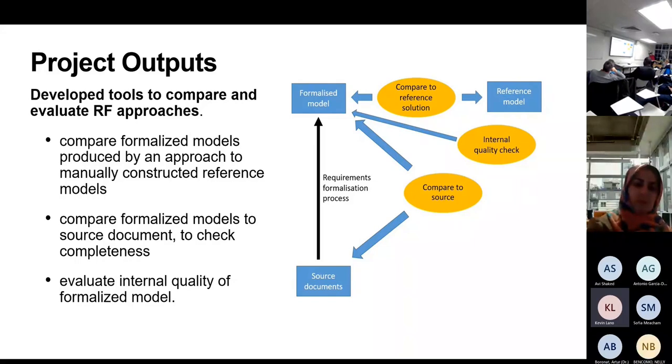Then you could also do an internal quality check on the formalized model to make sure that it makes sense as a UML model. Typically, we're creating UML class diagrams and use case diagrams. And then finally, you can compare the formalization to the source to check, for example, how many verbs and how many nouns have actually been expressed in the formalized model. So, like completeness of the model compared to the source.